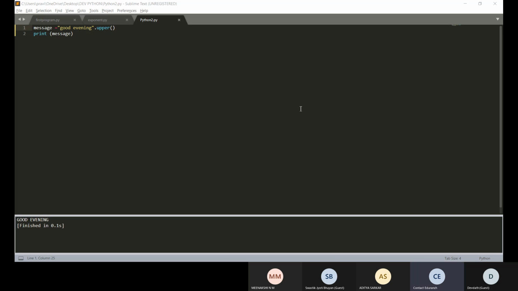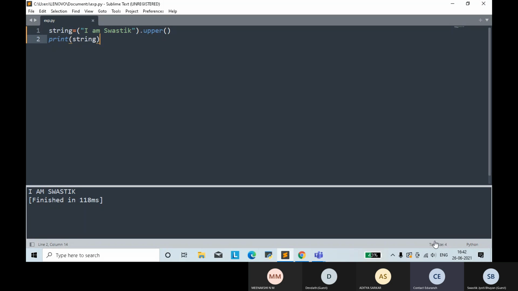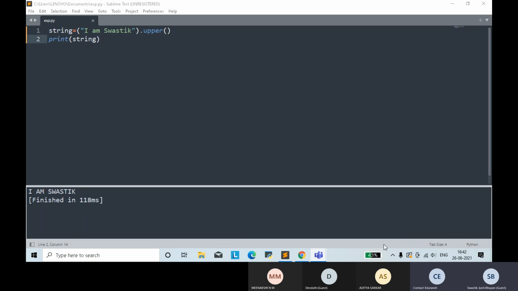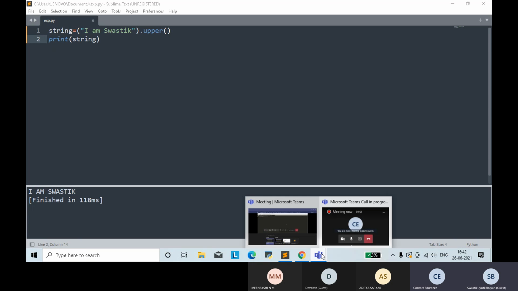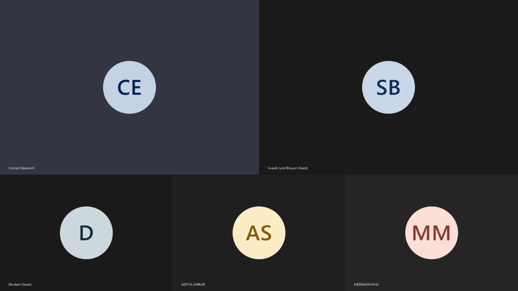So those who have completed, now use the camel case function. What was the camel case function? No Googling, no asking for help. Sir, can you see my screen? Yes. Now tell me what was the camel case function which we have learned, which converts the first character of the word into upper.